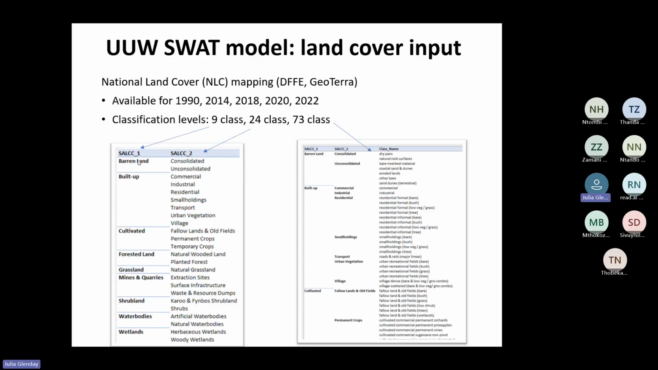So the 9-class one has barren, built up, cultivated, forested, grassland, shrubland, water bodies, and wetlands. So that's quite broad, as you can see. And then you get into 24 types, where it's broken down into